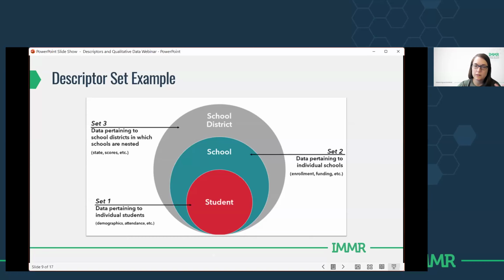Often we recommend limiting it to one descriptor set because it makes other features in Dedoose easier to use. And often you really only need one descriptor set. Dedoose comes with a default one in there so that you don't even have to think about it. You can just go straight into your descriptor fields. But if you ever have a huge case study, that's when maybe you would think, oh, I have multiple units of analysis here with many descriptor fields associated with each of them, then you would think about adding another descriptor set to your project. And we'll show you where this is in Dedoose in a second.